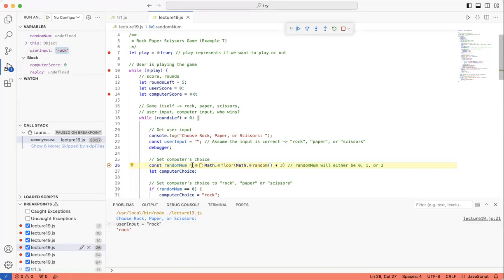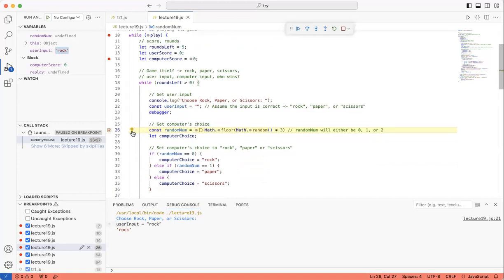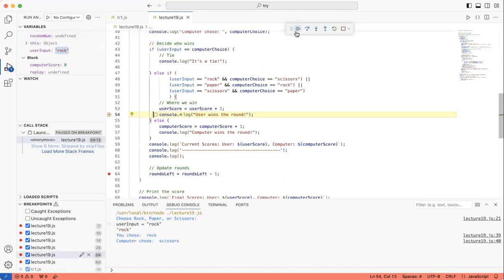So let's see this line now. It has stopped us over here because I put a breakpoint because I want to see what the random number is. So far you can see random number is undefined, right? Now if I press continue, you can see random number turns into 2.